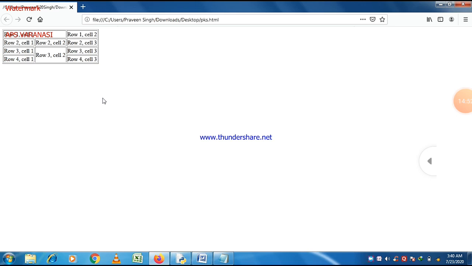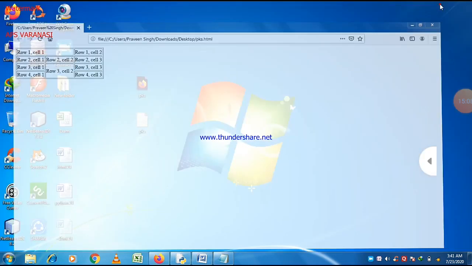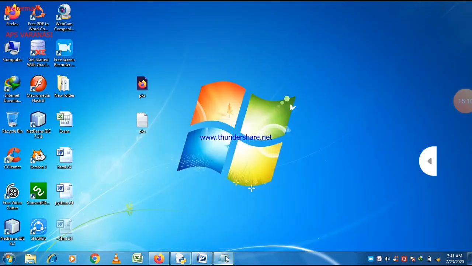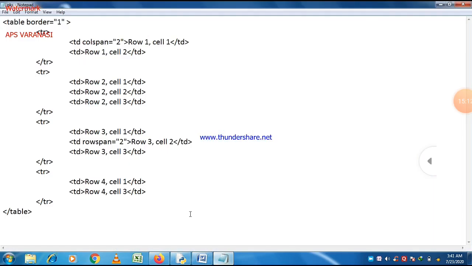And sometimes in examination the output is already given and you have to write the code. The code is required to implement the concept of the table row span or col span. So let us make some change here, and you can easily see that if we want to put here 3, then